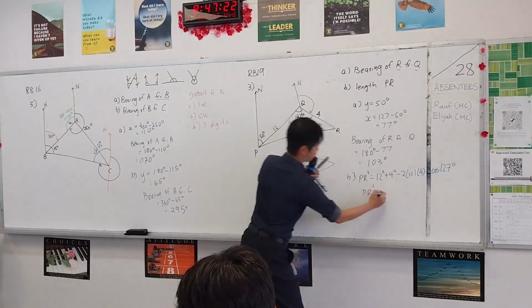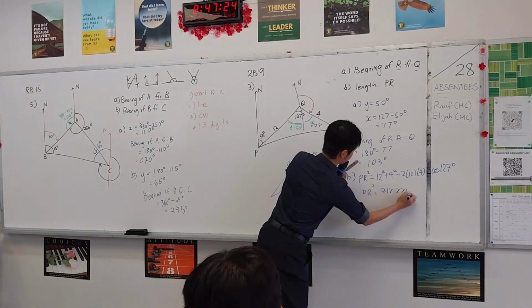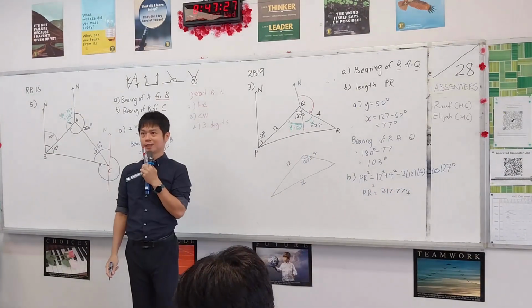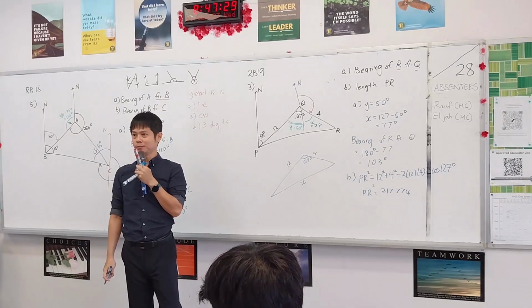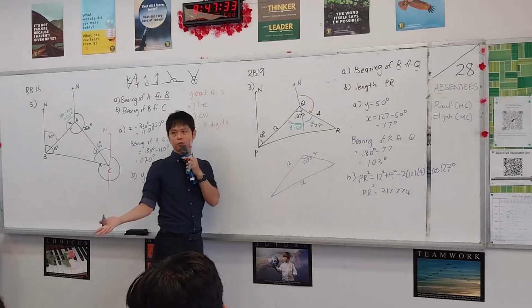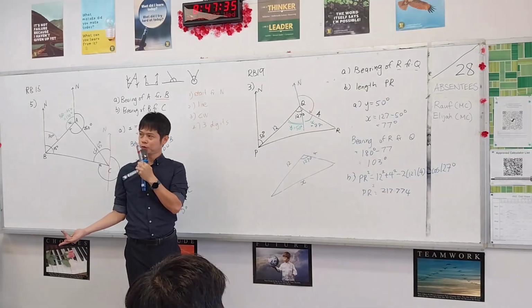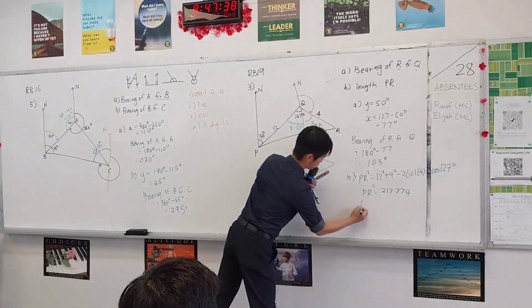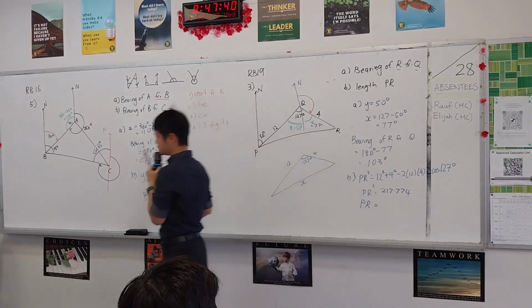217.774. Can the length be so big? Common sense. Can it be 200 cm? Cannot be so big, right, compared to the rest. So what did we forget to do? Yes, we forgot to square root. Okay, and the answer is